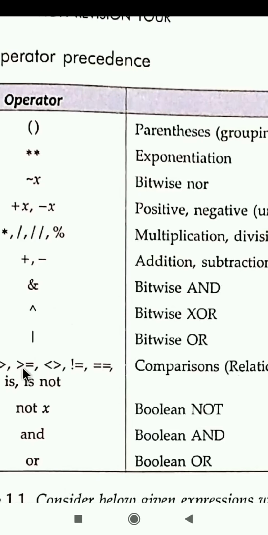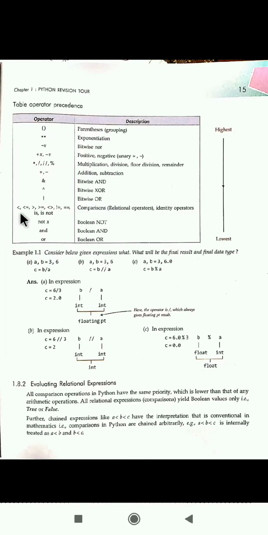See, what are unary operators and what are binary operators? Unary operators are those which do not require any other operand to execute them. Let us say I say minus 5, it will be a unary operator. If I say a minus b, here minus is a binary operator. These are arithmetic operators: plus, minus, divide, multiply, modulus.